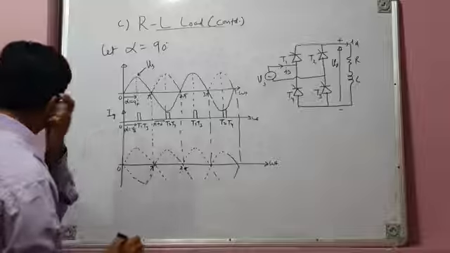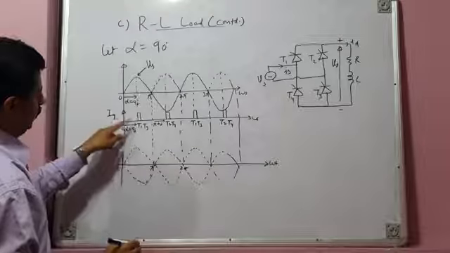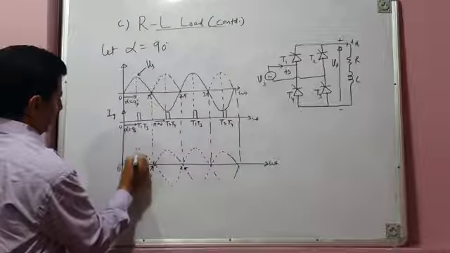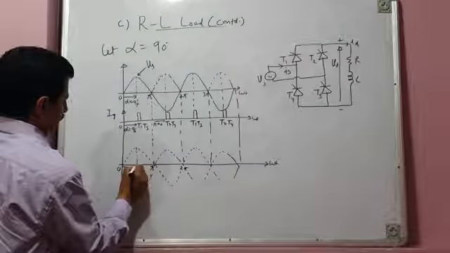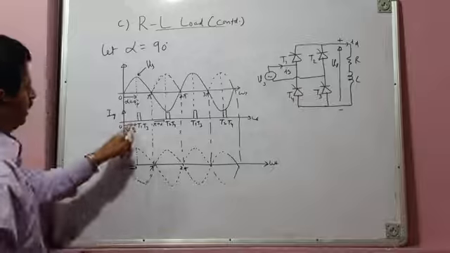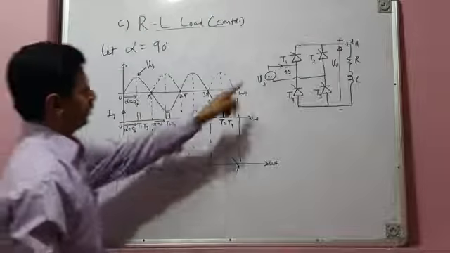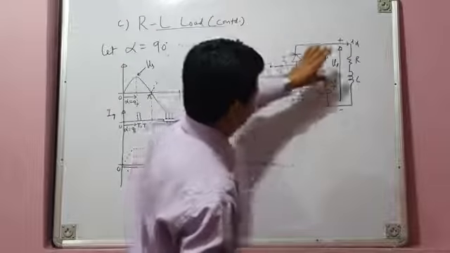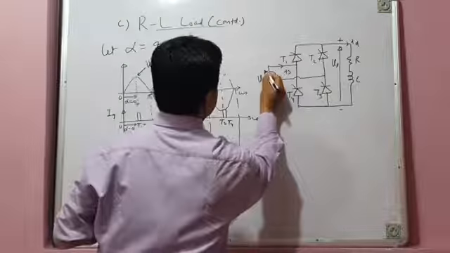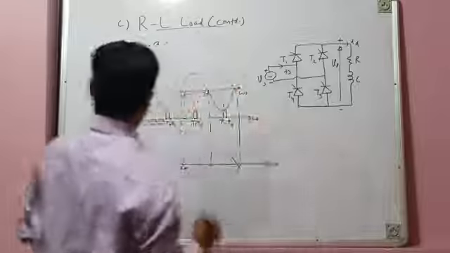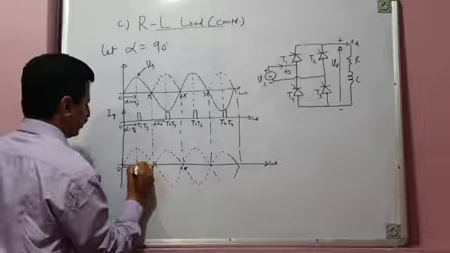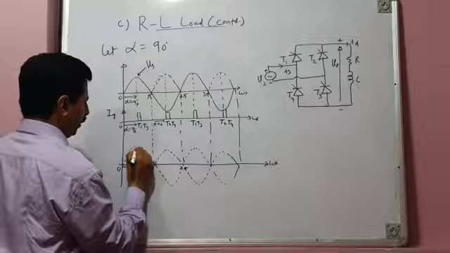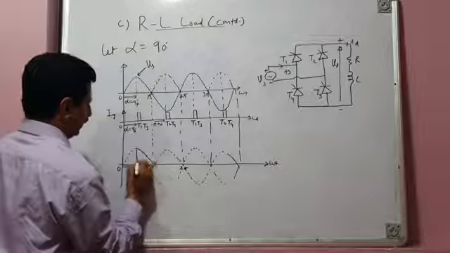Okay, fine. Now during the positive half cycle of source voltage, after alpha equal to 90 degrees, somewhere here, thyristor pair T1, T3 is fired. So T1, T3 will immediately go into conduction. They will connect load across the source. Since source voltage is positive, the remaining segment of positive half cycle of source voltage from alpha to pi will appear across the load. It's like this.